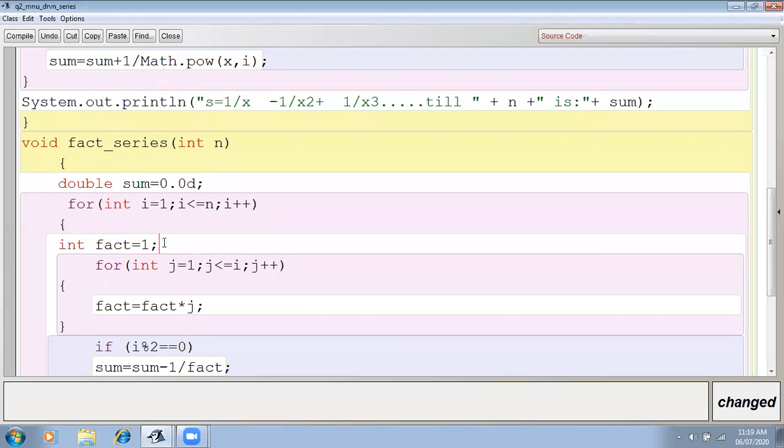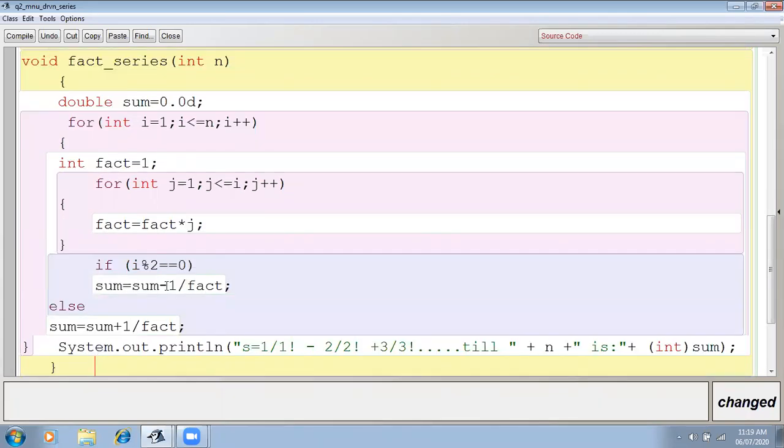So every time before calculating the factorial, I set this fact variable to 1. Then after calculating the factorial of a particular number, I will check whether i is even or odd. If it is an even number, then according to the question, sum equals sum minus i divided by fact. Else sum equals sum plus i divided by fact. Okay.